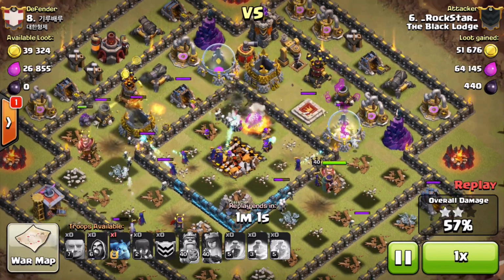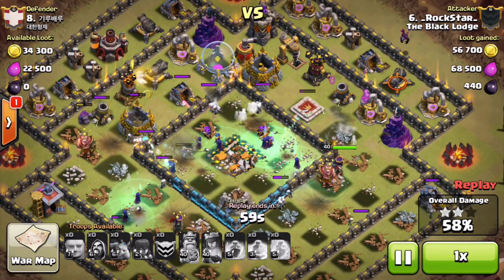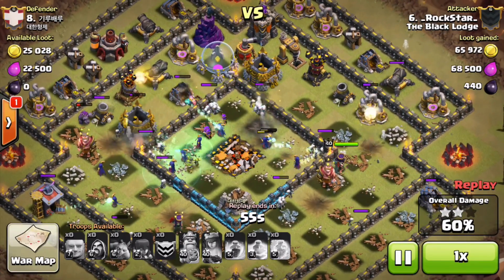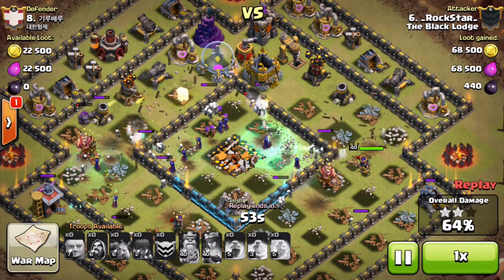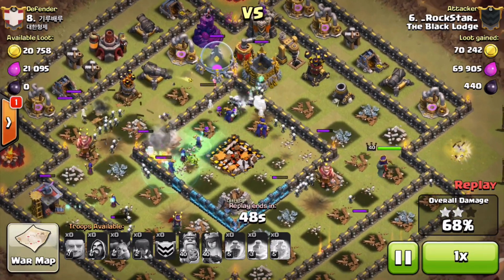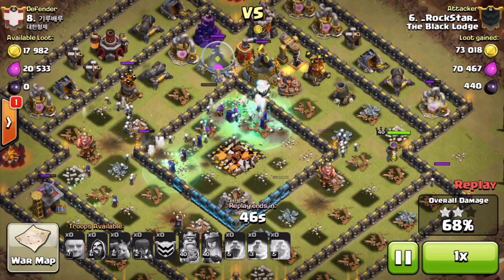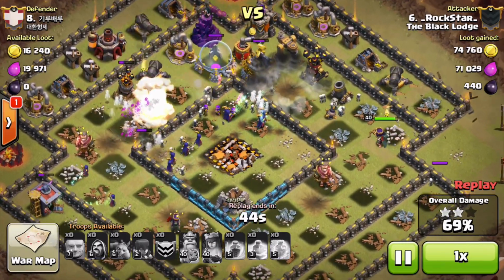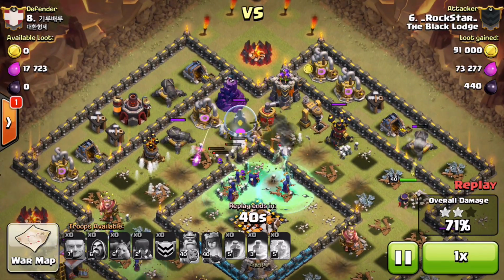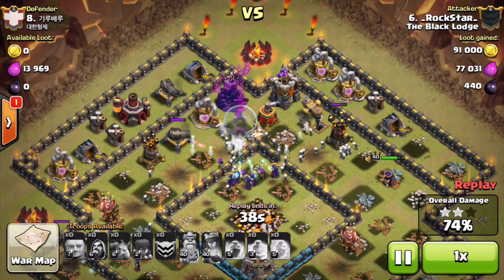Something that might have helped him get the 3-star here is that this base doesn't have max mortars, which is something that usually doesn't matter too much in Clan Wars, but against these Hocus Pocus attacks, they certainly do. Last mortar goes down there, and now it's really just the wizard tower that poses any threat